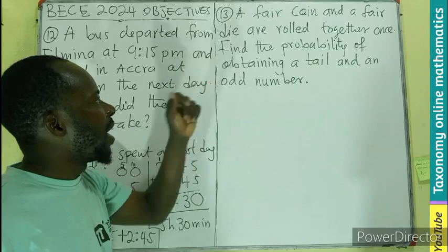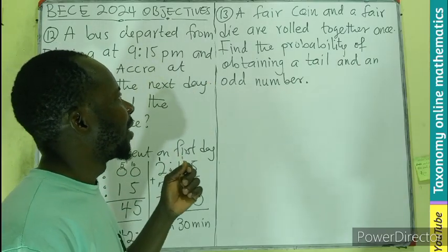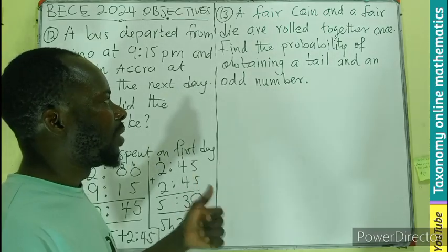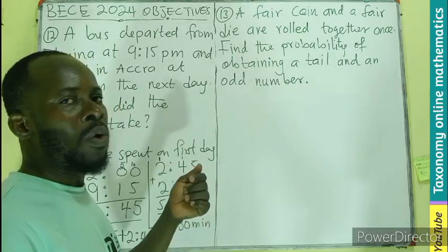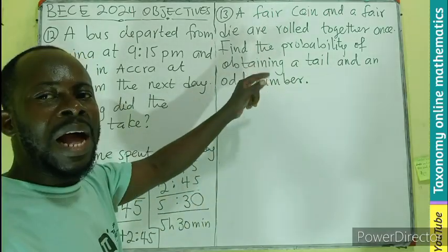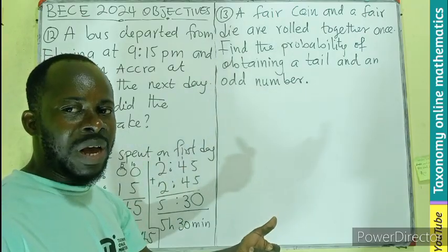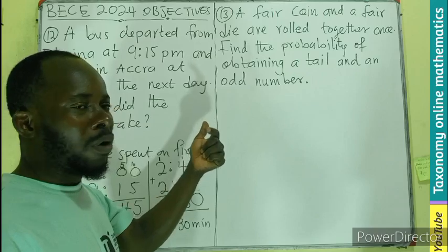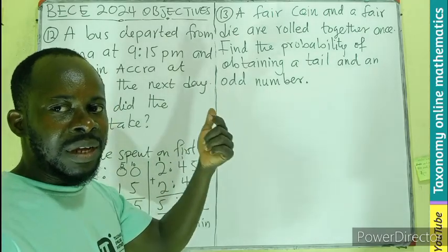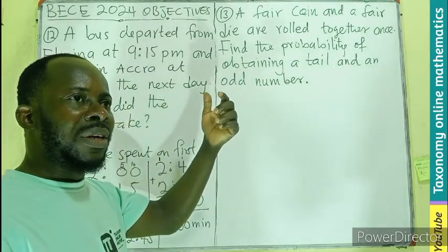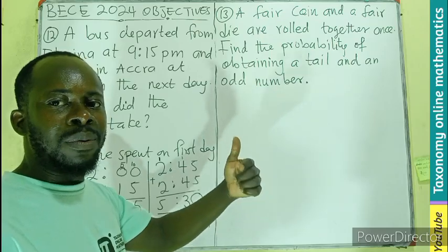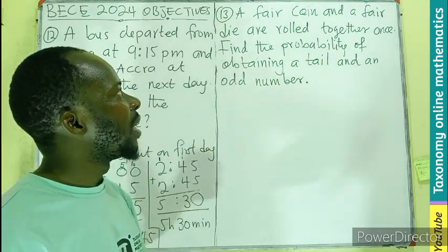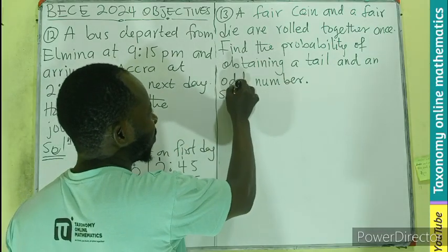Number 13. A fair coin and a fair die are rolled together once. Find the probability of obtaining a tail and an odd number. A fair coin, how many possible sample space do we have? We have 2, a head and a tail. Then a die also has 6 possible what? Faces. So all the 6 faces are going to have a chance to be picked with the 2 faces of the coin. What I mean is that